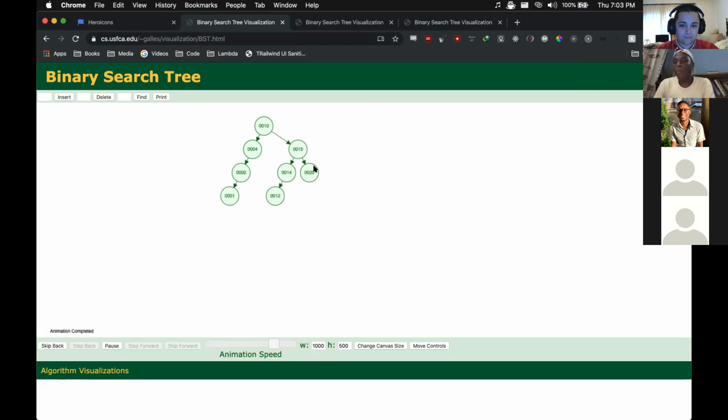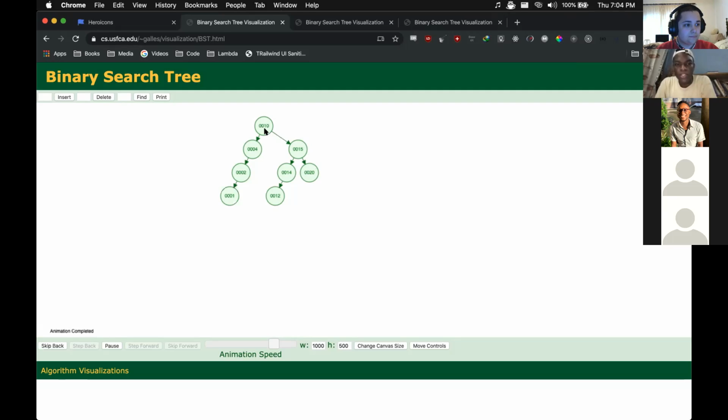Imagine we are looking for 1. In this binary tree, we have 1, 2, 3, 4, 5, 6, 7, 8 nodes. If we're using a linear search, the worst case for that is big O of n, because we have to check every node and look for 1. So with the binary search tree,